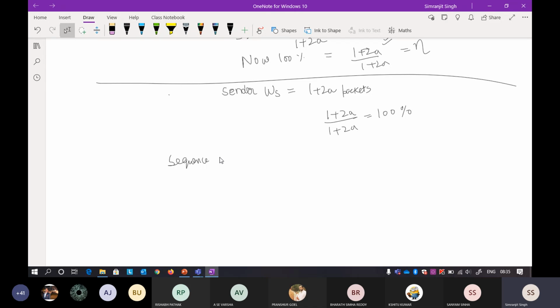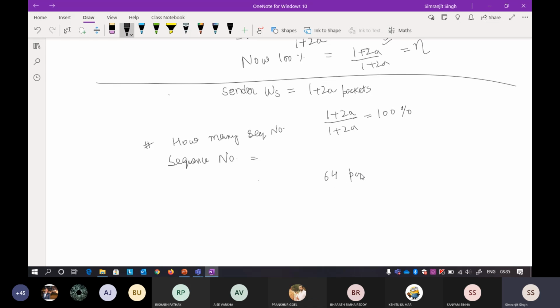There are sequence numbers being used in the communication. Now, how many sequence numbers may you use? This is the burning question here. Suppose you have 100 packets, or say 64 packets.